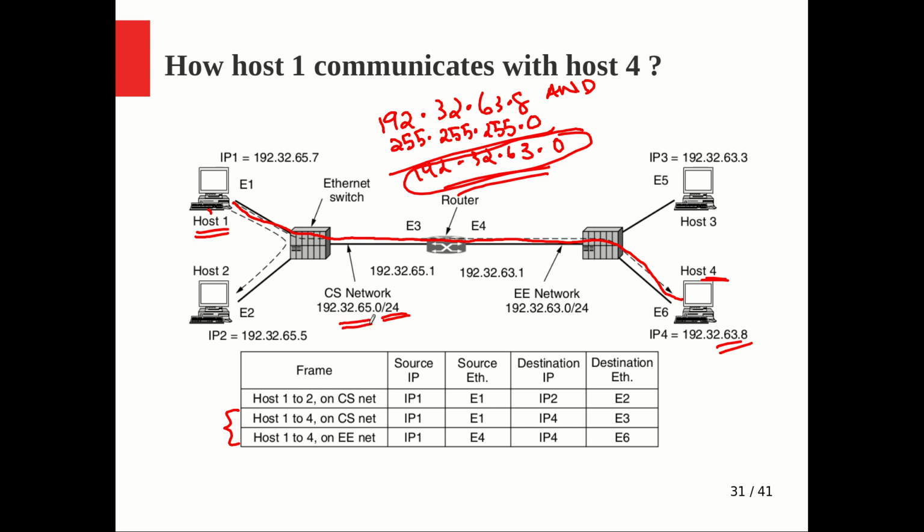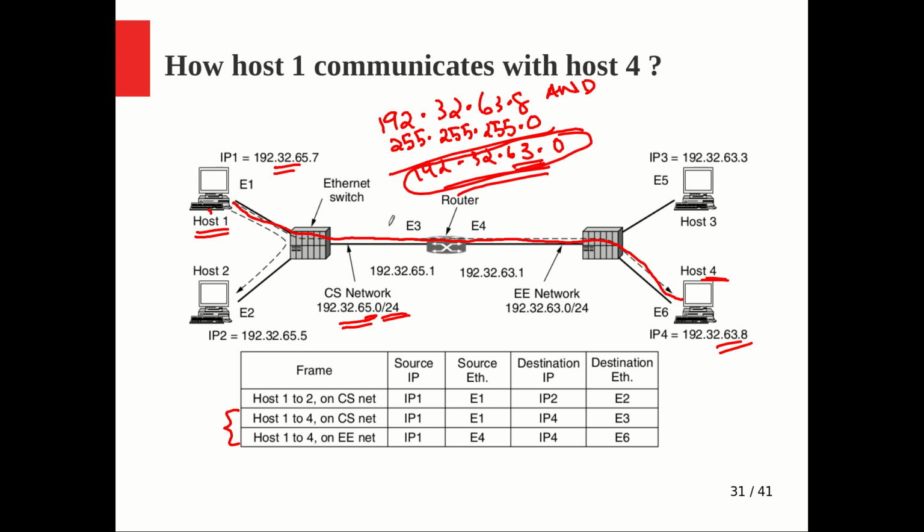This subnet address is something different, right? Here I am in a subnet with the subnet address 192.32.65.0, but the destination is in a subnet with the subnet address 192.32.63.0. Here it is 63, here it is 65. When the source performs the subnet mask AND operation with its own address, it gets its own subnet ID. But the destination address and this mask AND operation give a different subnet ID. So definitely it is not in the same network where I am residing. That is very clear.